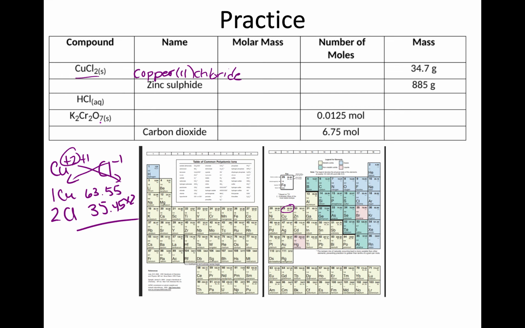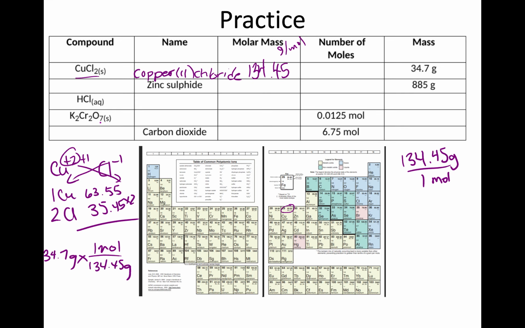So this has a molar mass of 134.45. Now, this last part with molar mass is always the unit grams per mole. So if I wrote this out and started with that 34.7 grams, I can multiply it by this value, 134.45. This tells you grams per mole, 1 mole. Now this is just a ratio, so if I want my units to cancel, I can flip that and say that 1 mole contains